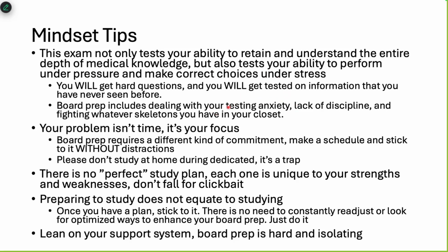Finding ways to test better, because you don't want external factors affecting your brain, right? You don't want to have everything studied and then you go for an exam and you get too anxious and you get everything wrong, right? You want to trust in your ability. So dealing with things that are not medicine or board exam directly related is also helpful for board prep. So dealing with your testing